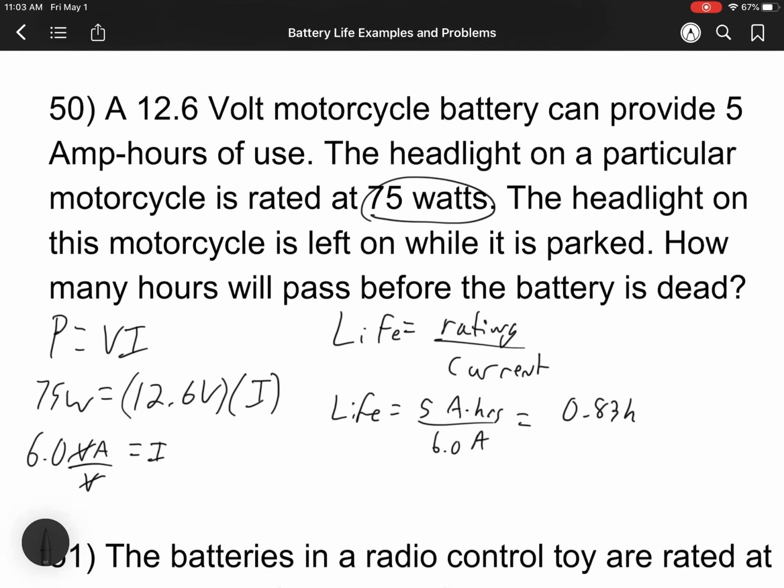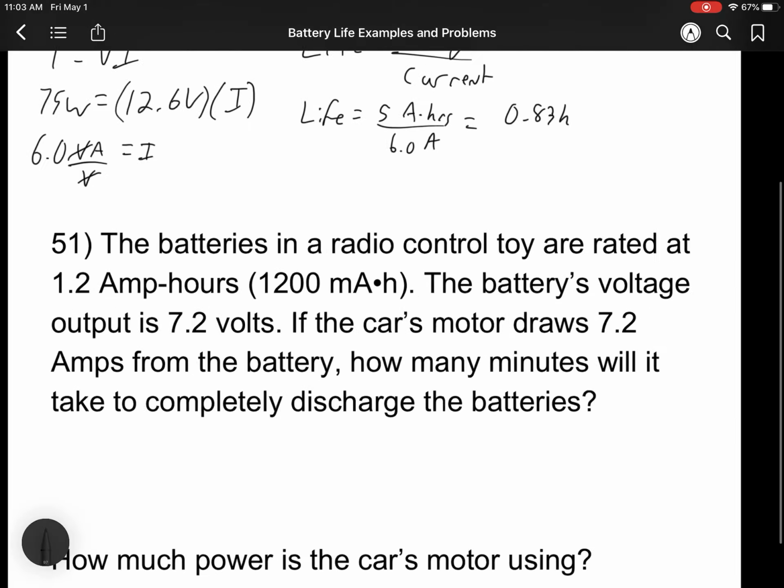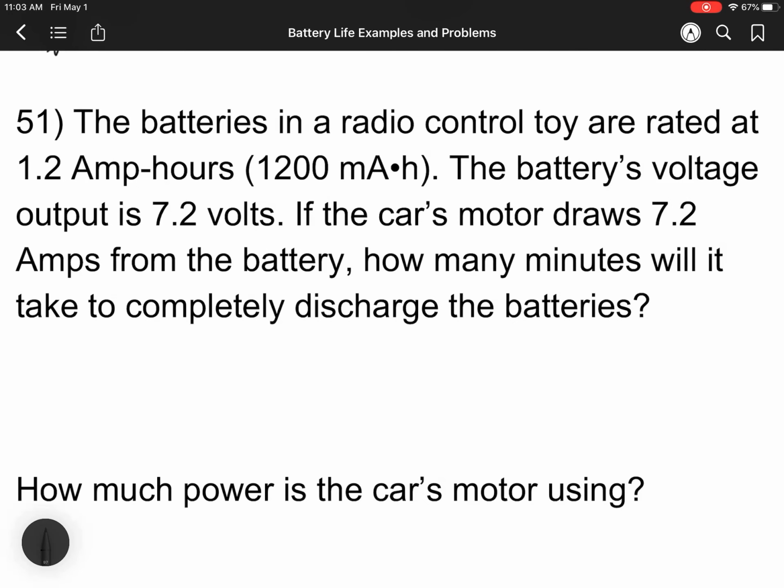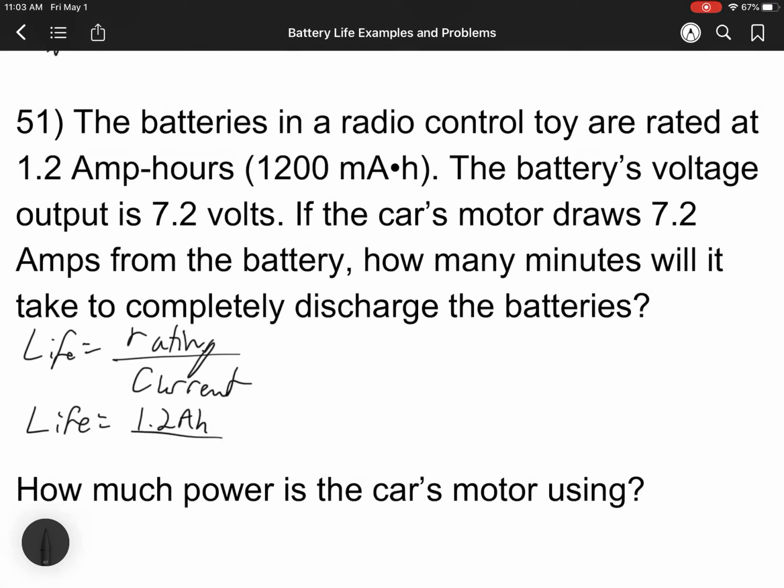Alrighty, folks. Let's do one more. The batteries in a remote control toy car are rated at 1.2 amp hours, which is actually pretty big. The battery's voltage output is 7.2 volts. If the car's motor draws 7.2 amps from the battery, how many minutes will it take to completely discharge the batteries? So that's life is equal to rating divided by current. So it's going to be 1.2 amp hours divided by 7.2 amps. And you're going to get